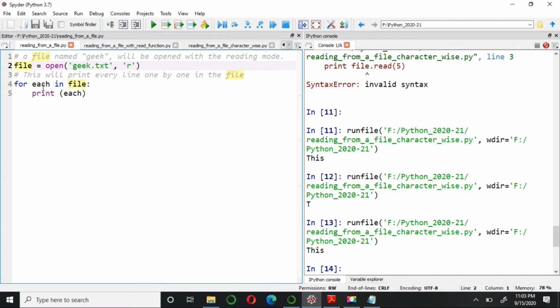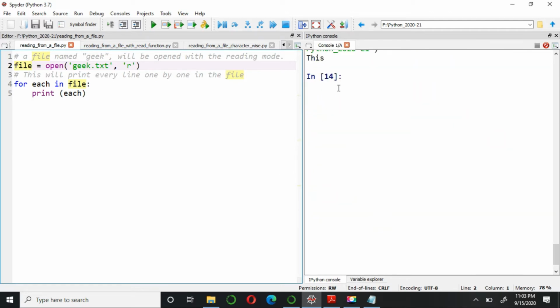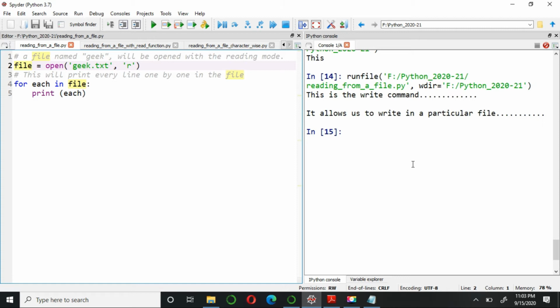Now how does this work? Let's first see the execution once. On the right side, you can see the output screen is blank. Nothing is there. I'm just going to run this program. Now you can see this program has fetched the data from the file. The name of the file was geek.txt. This thing was written there. I just updated these dots there. So you can see this program is actually fetching the data from that particular text file onto the display.